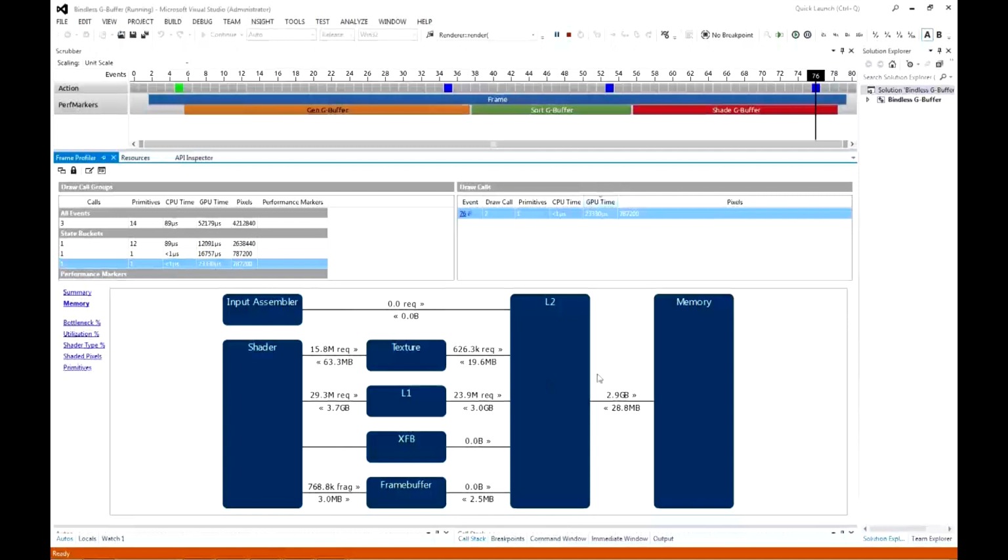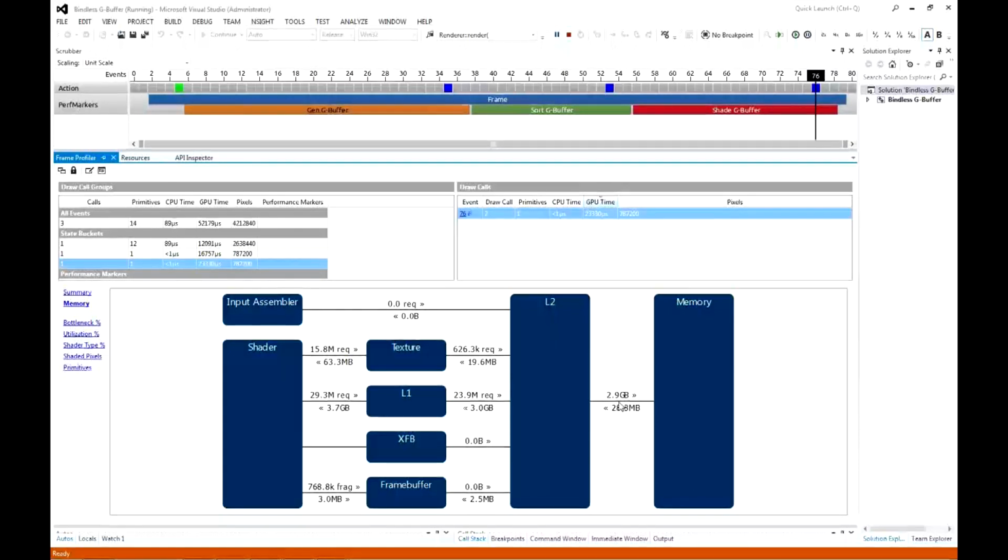All right. So the next thing we can do is dive in even deeper on the memory side of things. What I'm going to do is click on here. You can see it's got this yellow box around it when I hover over it. Now I can look in and see for each individual portion of the memory subsystem what the different speeds and feeds were, if you will. Now this card is a GTX 660, which has a published memory bandwidth of about 144.2 gigabytes per second. And on my left-hand side, we can see the amount of bandwidth that I used was,